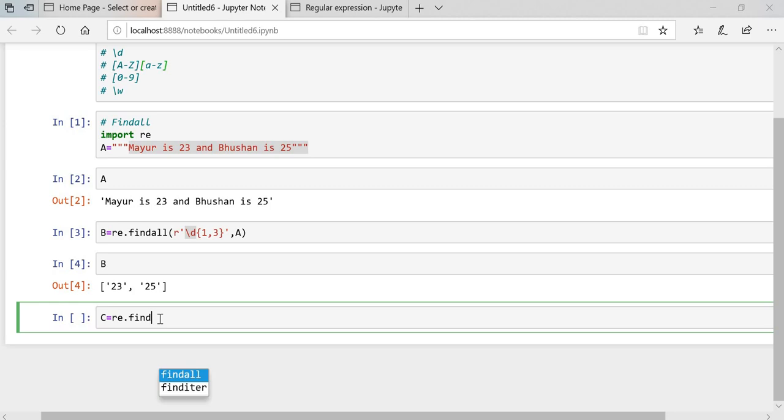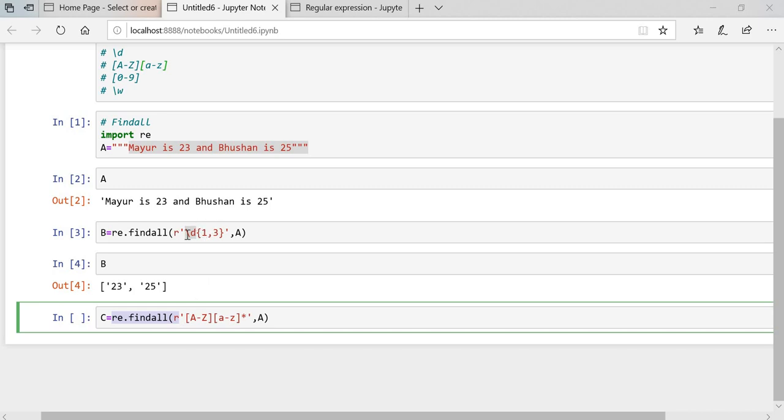re.findall r. First I will write, then I will explain to you. Okay, see what is going on here. re.findall, this is the function.